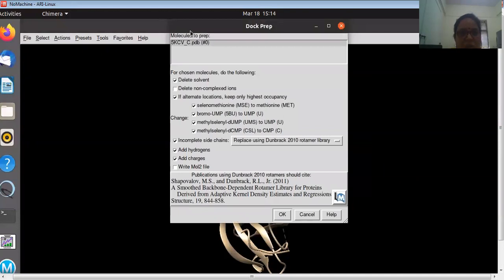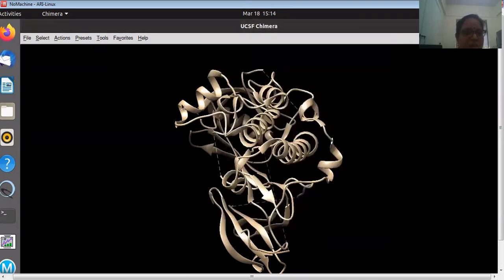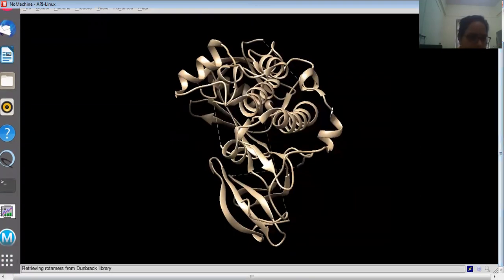Now again see the DockPrep. I am not doing anything; it is doing it on its own. So DockPrep is open. Now select this, and don't select this, write more to file, because you have to prepare the PDB file. Then click OK. And after that, what you have to do? Wait and go to the bottom. You see that it is giving you some messages. So follow those messages and wait for when it will give you another window to open, okay.